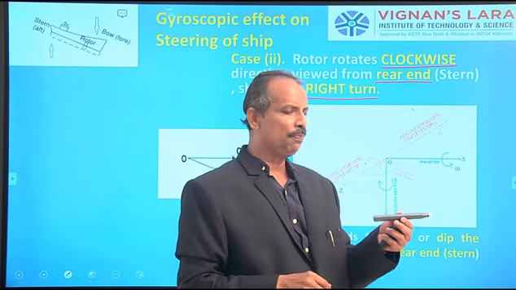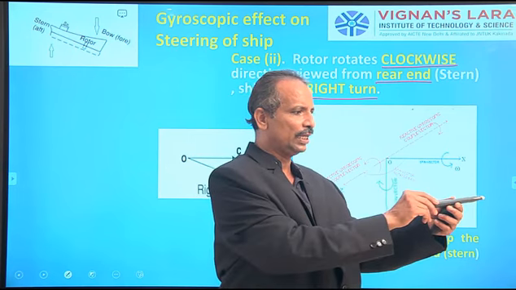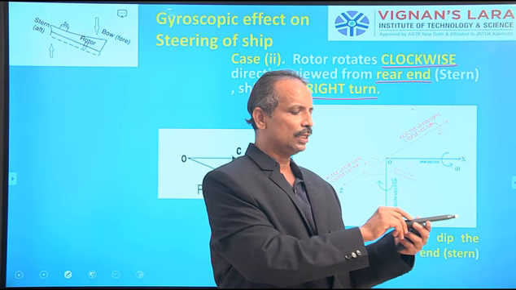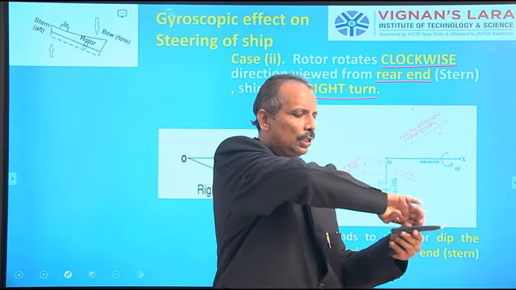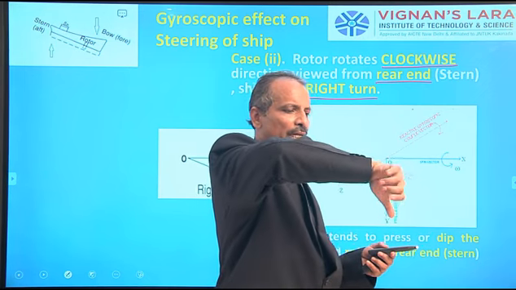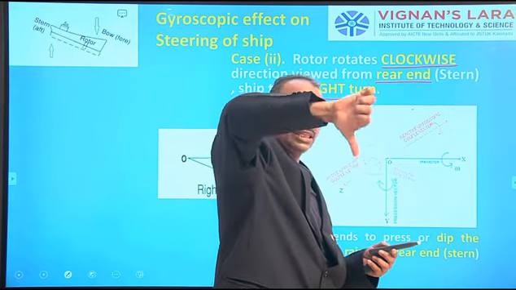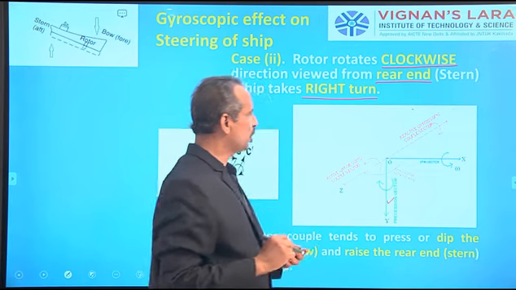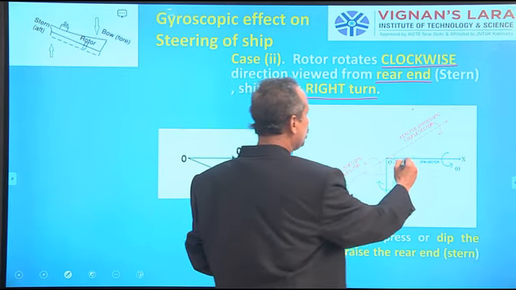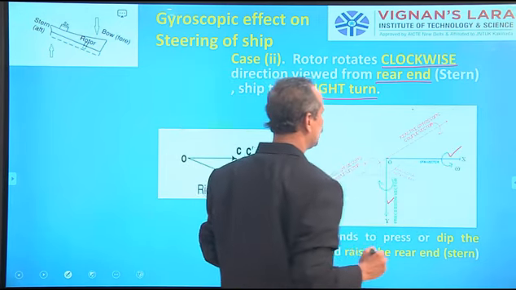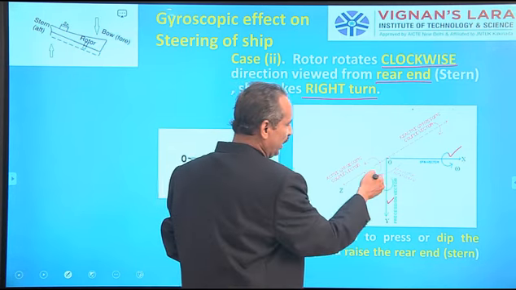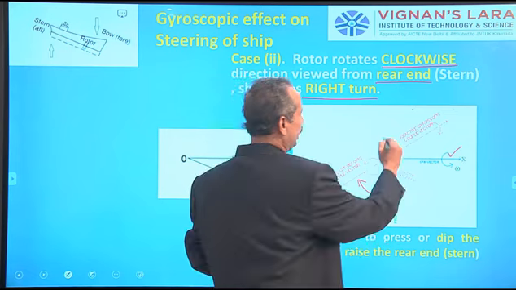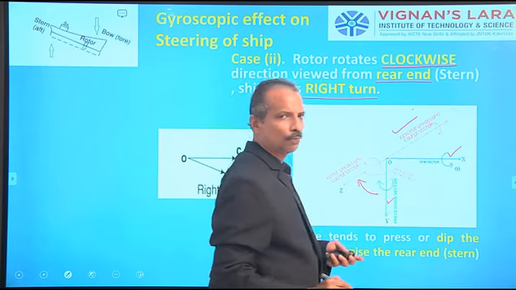Look at this, this is the ship. This ship is moving like this. Then I have to move like this. How can I move like this? This is by applying a force like this. If I apply my right hand thumb rule like this, my thumb is at the bottom. That is what? Precession axis. So the initial spin vector, isn't it? And I am applying a force like this, active gyroscopic couple, then this is a reactive gyroscopic couple.